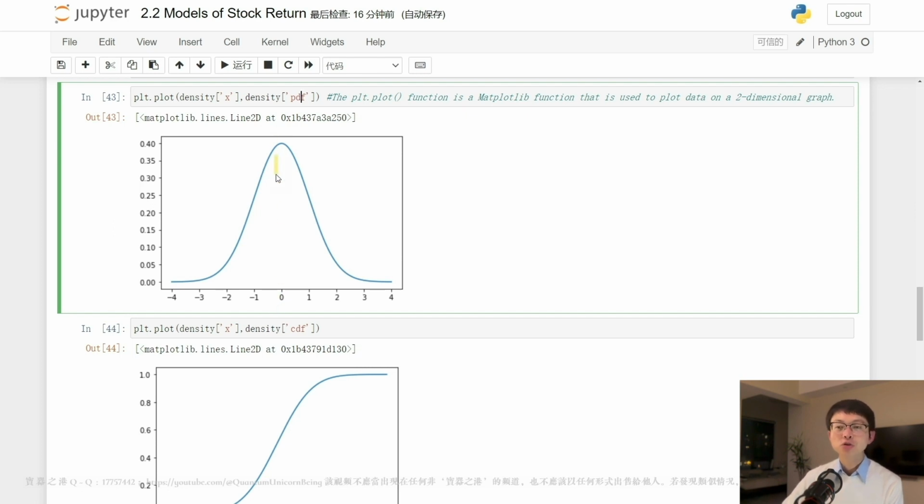The PDF is used to calculate the probability of a random variable falling within a certain range of values. In finance, the PDF is commonly used to model the distribution of stock returns and other financial variables. Understanding the PDF can help investors make decisions about their portfolios and assess the risk associated with their investments. Okay? Then the Python code plt.plot(density_x, density_cdf) is used to plot the cumulative